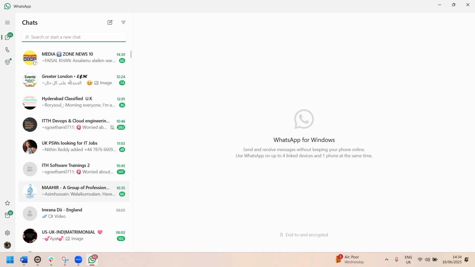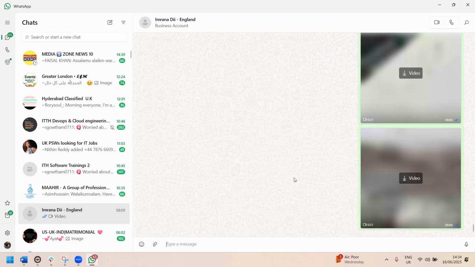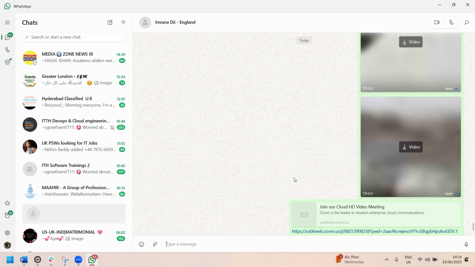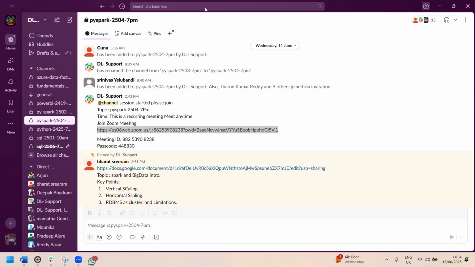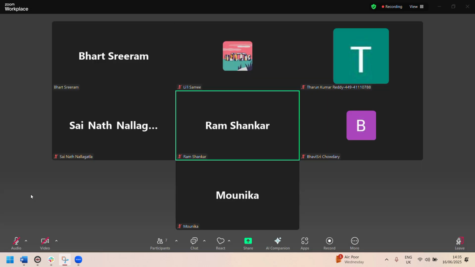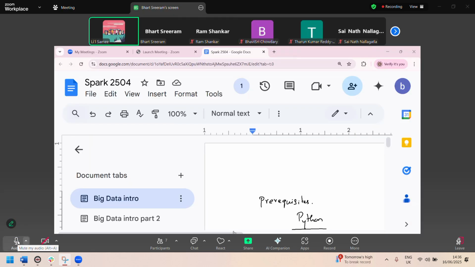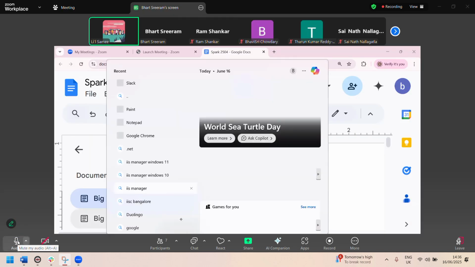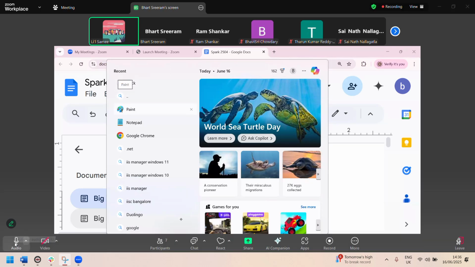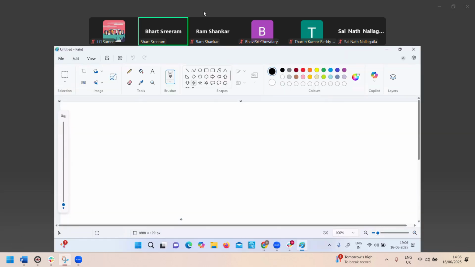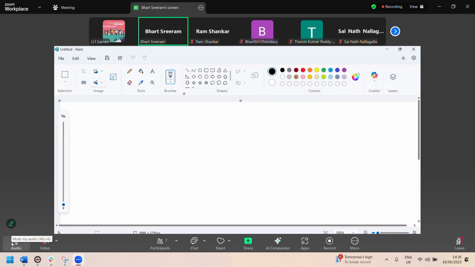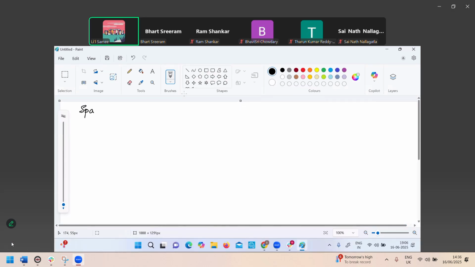Yes, in the first session we discussed the big data intro. The second is part 2, how fault tolerance is working. Spark. So up to now, we discussed the background before Spark, what was there in the big data